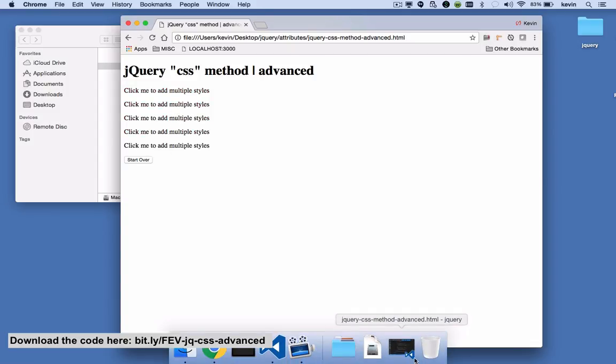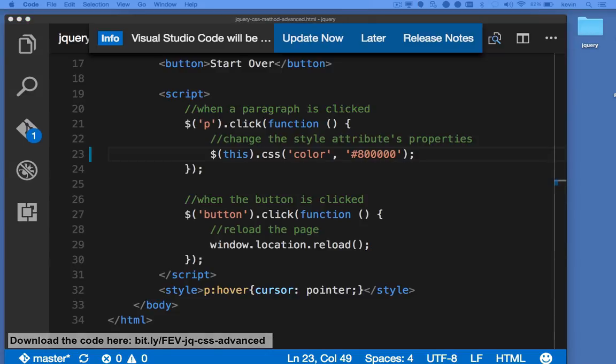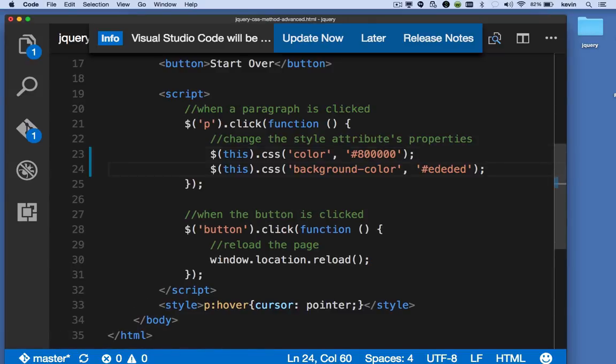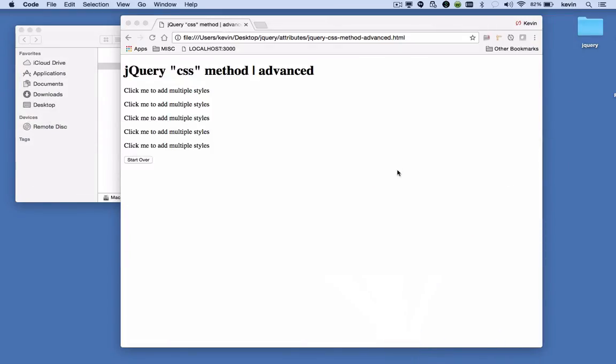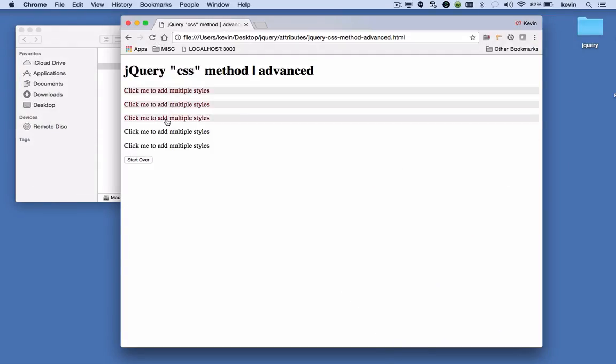But let's just say that I want to change multiple attributes or multiple CSS properties. So then I might do something like this. I would call the CSS method twice, and so here I'm changing the color to, as we mentioned earlier, and then I'm also changing the background color. So then if I were to try that example again, as you can see, now there's two CSS properties changing